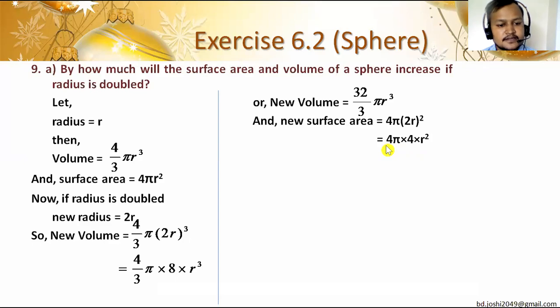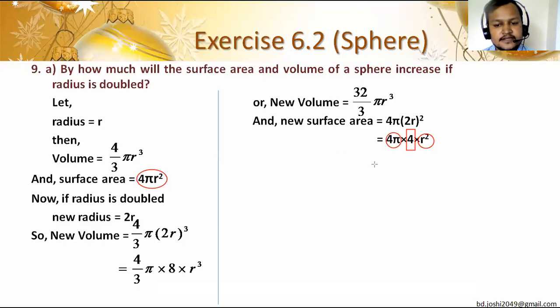Can you find the difference between this surface area and the previous surface area? It is 4 times more. 4 times. Yes, it is 4 times more. 4 pi r square यहाँ पनि छ, 4 pi r square, and this 4 is extra. एउटा 4 यहाँ extra आयो. So it is 4 times the previous surface area. That means if the radius is doubled, the surface area becomes 4 times the original surface area, or previous surface area, that we can see.